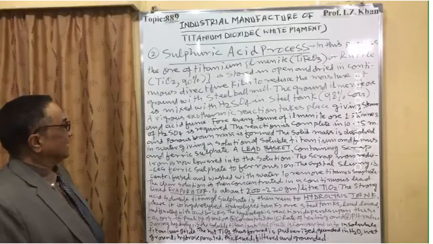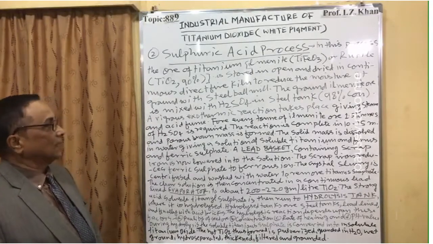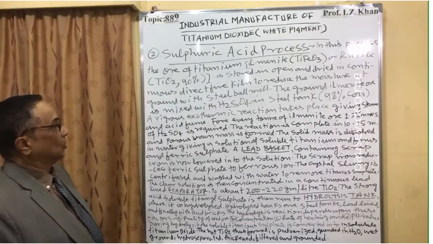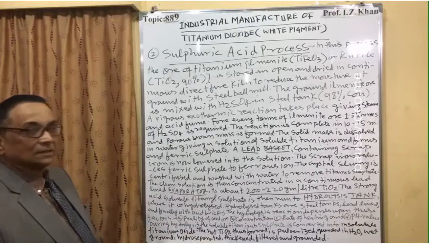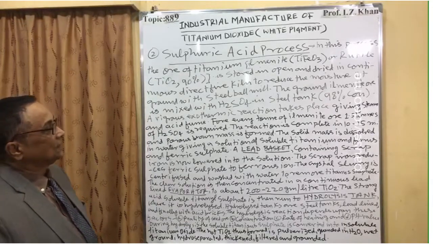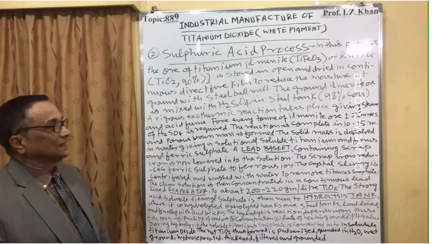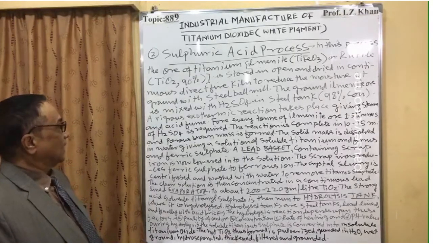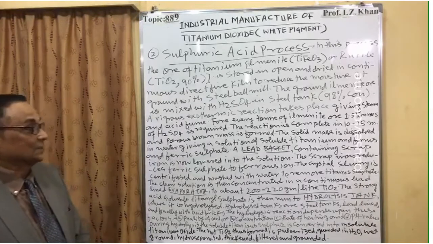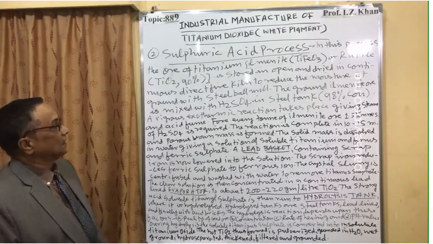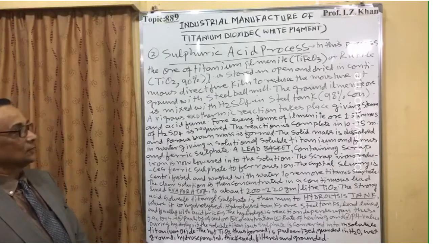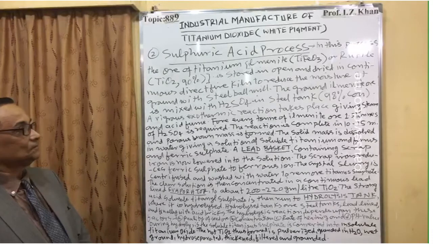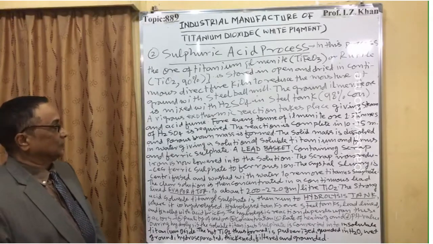to reduce the moisture. Then it is ground with a steel ball mill. The ground ilmenite ore is mixed with sulfuric acid, and that sulfuric acid in the steel tank should be 98%, I mean purely concentrated sulfuric acid. A vigorous exothermic reaction takes place once we mix this ore and concentrated sulfuric acid, giving steam and acid fume.